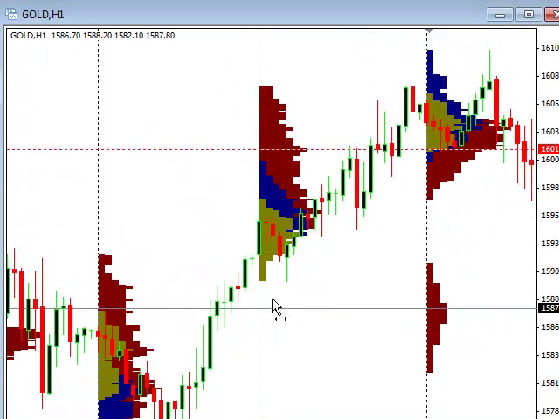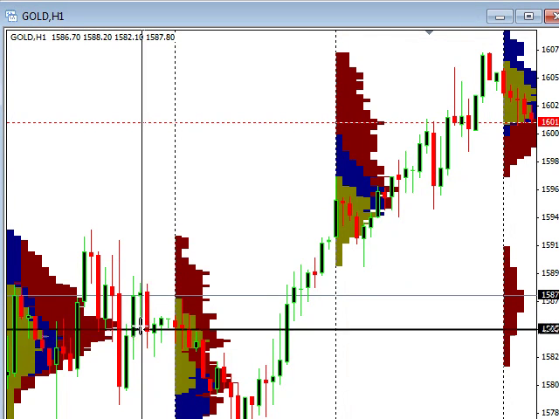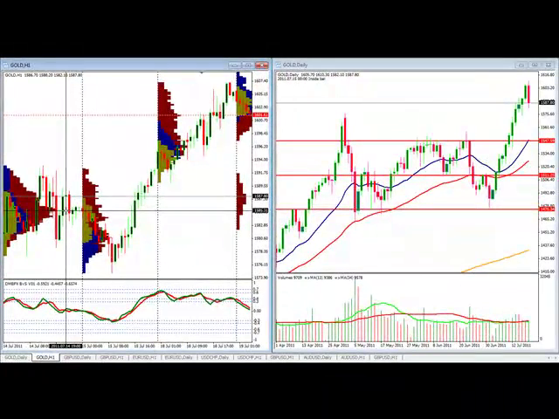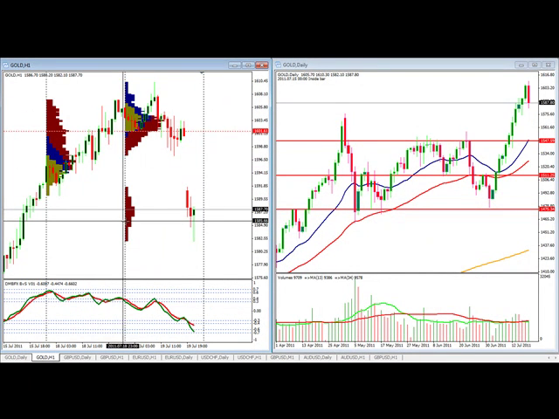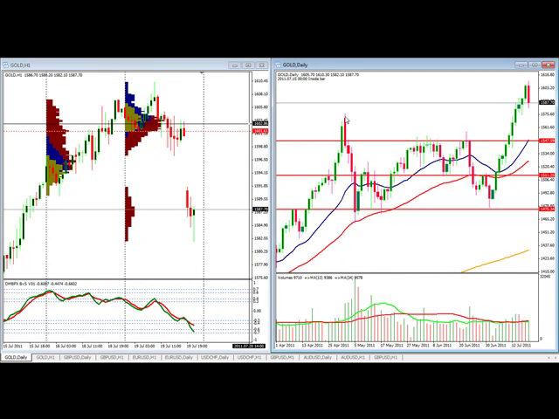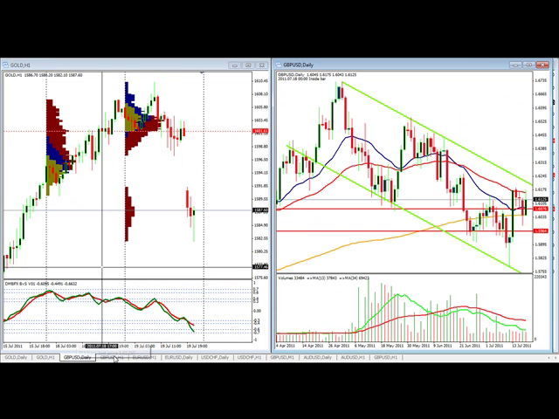And when we look at our market profile, we can see that around this 1585 price level there is going to be some volume support anyway because of what happened early last week and now what's starting off with this week. Notice that this is exactly where we got down and we're pausing where in the past we accumulated volume. So I'll watch to see what happens here at this 1585 price level. If we break through that, then certainly I think we'll retest on the daily this past swing high. So a weak gold for the day does what to the market?